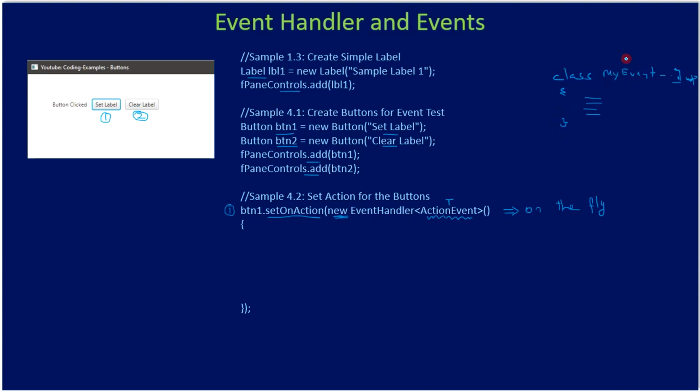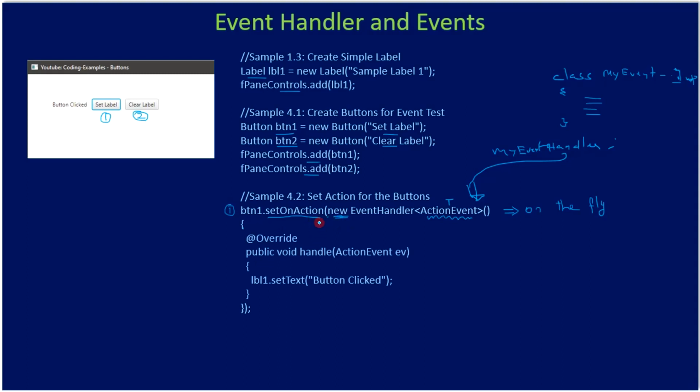Then we will create an object of MyEventHandler, of type handler. Then we can pass that here to the setOnAction. But instead you can create an anonymous inner class, and here we are opening the bracket and closing it, and this one is for this bracket, and here we are defining the event handler class as an inner class. So we call this an anonymous inner class, and if you see inside, we will provide the handle method,